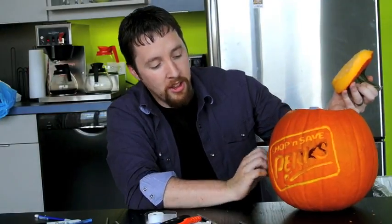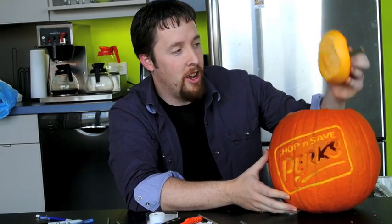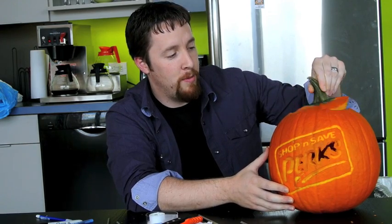So we got all the skin carved off. It's a finished pumpkin, now a jack-o'-lantern. All you gotta do is put a candle inside, put the lid on top, light that bad boy up, and